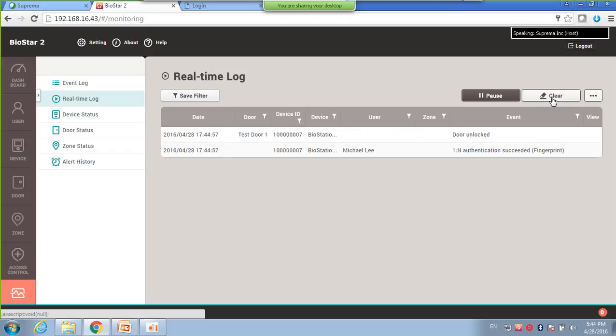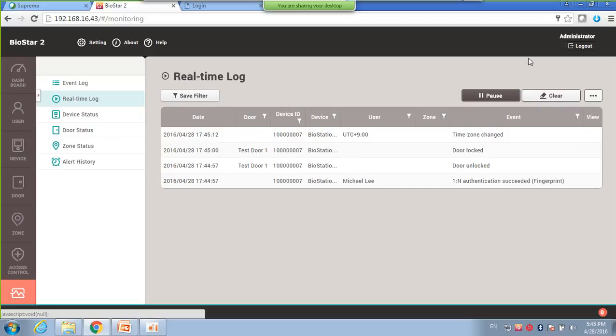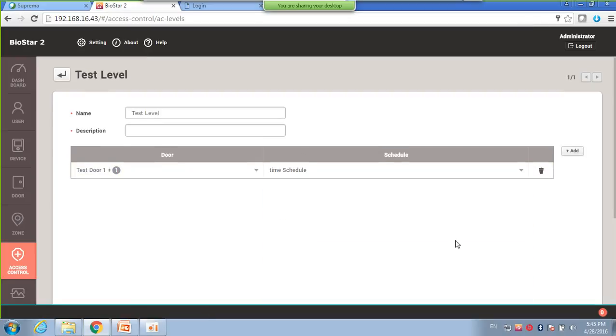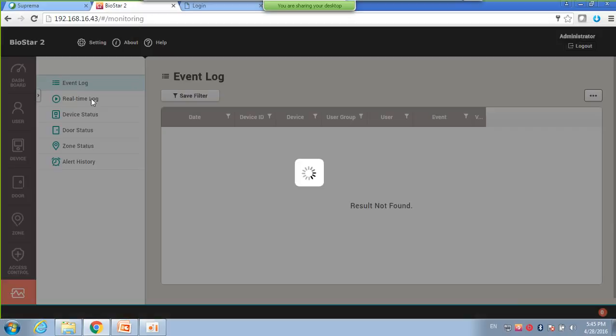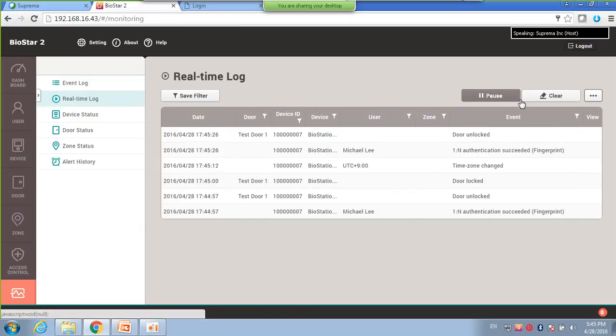Okay, I think that I will just change one thing. Give me a moment. The device time is not set. Okay, sorry. The device time was manually set to a different time. Now, if we go back, I will change the time to the time we first set. Now you can see I can enter on both